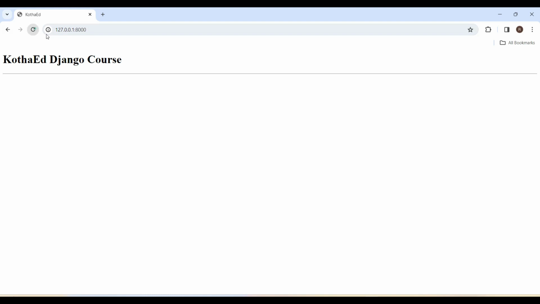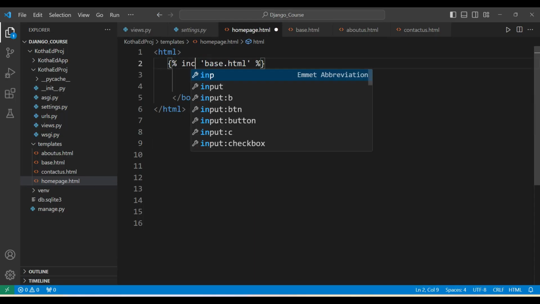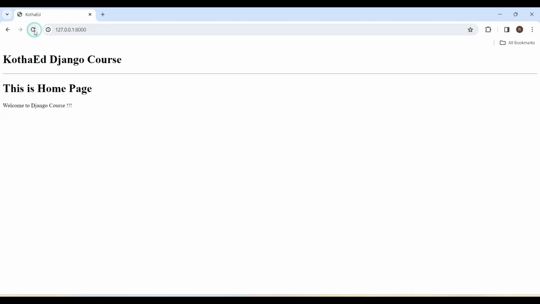It's not displayed. Include. Yeah, include. Sorry, my bad. It was not extends, it should be include. So if you see here, this content is coming from the base.html. Only the last two lines are coming from the